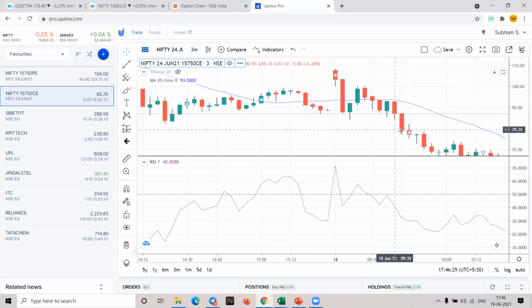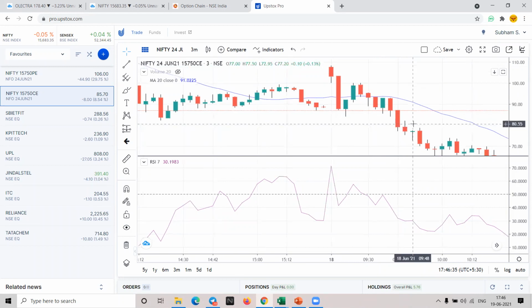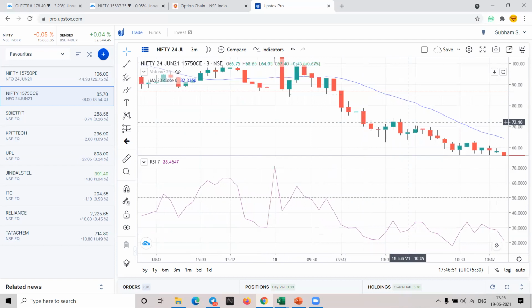Stop loss at the top. And once you see this candle, you can sell it. This is selling actually. In the put, there would be a buy signal when this is call, right? In call, when there is a sell, in put, there would be a buy signal. I'll show you that as well. So if you just look at here, you can sell and then again you'll get good profit.